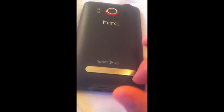On the top, you have a 3.5 millimeter headphone jack, a power on off lock button, and a USB to mini USB for charging. And you also have an HDMI out, which is really good if you want to view photos or video on your TV. Also, this has a volume rocker on the side, and it has a kickstand,